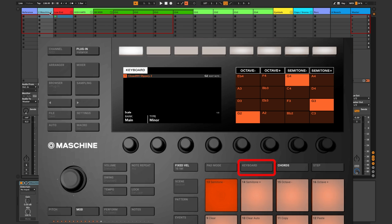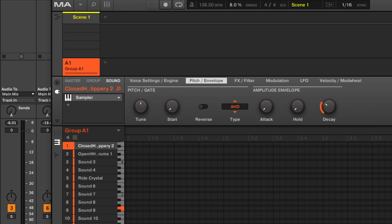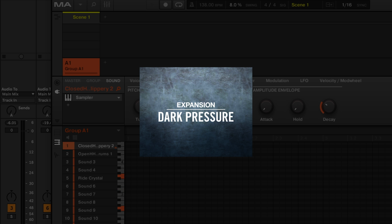If you press keyboard on your Maschine controller, you'll see that all the keys in the G minor scale have been mapped to the pads, and I want two notes for my fast hats, D3 and G3. Now let's create that MIDI clip. Load your hat sample onto pad 1. In this tutorial, I'll be using the closed hi-hat slippery toe, a standout sample from the Native Instruments Dark Pressure